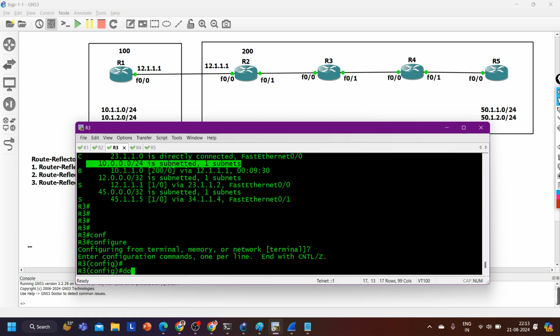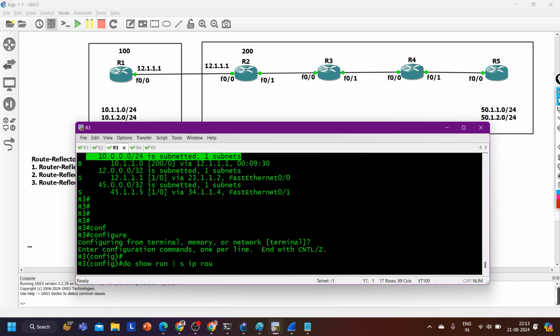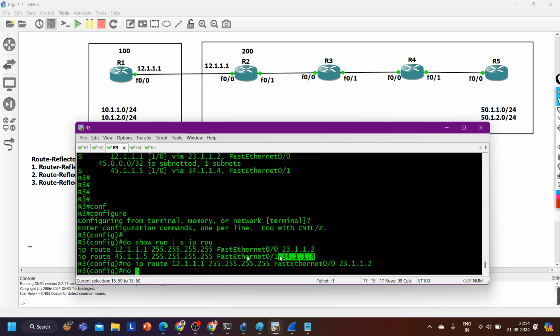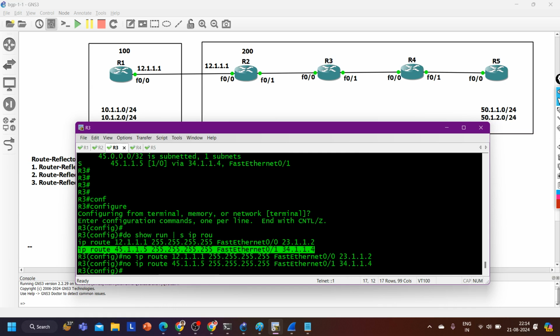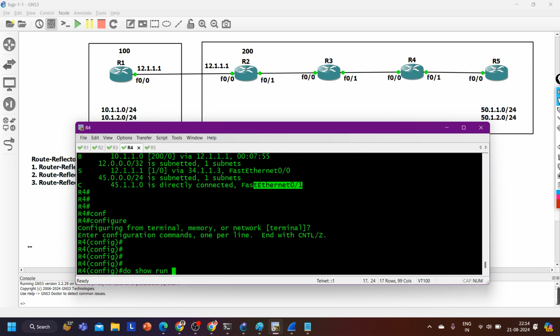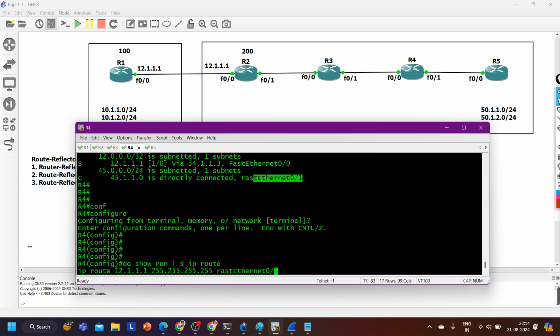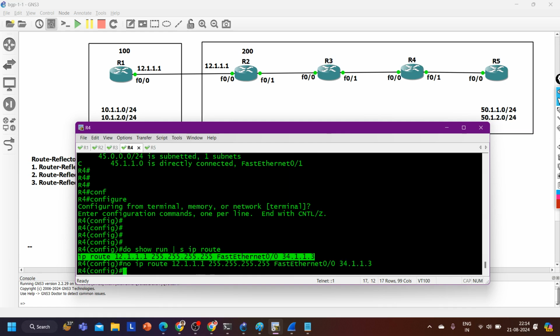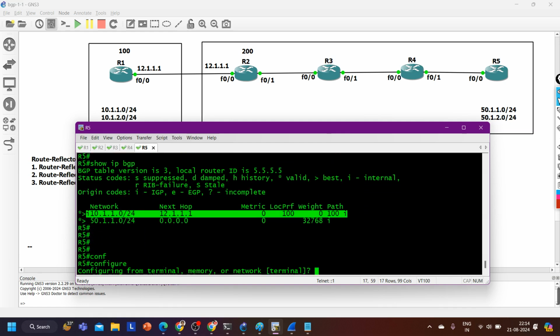Router 3, do show run section ip route, then no to this as well as no to this. Router 4, do show run section ip route, no to this. On router number 5,